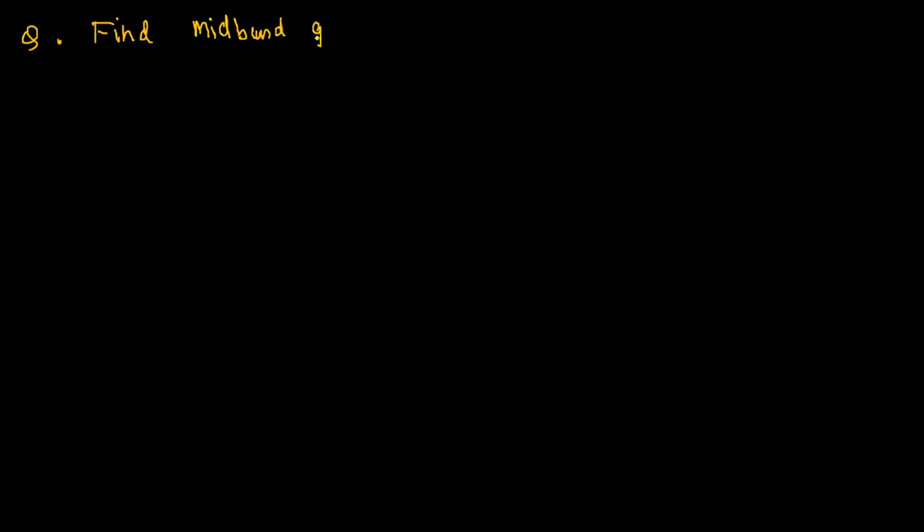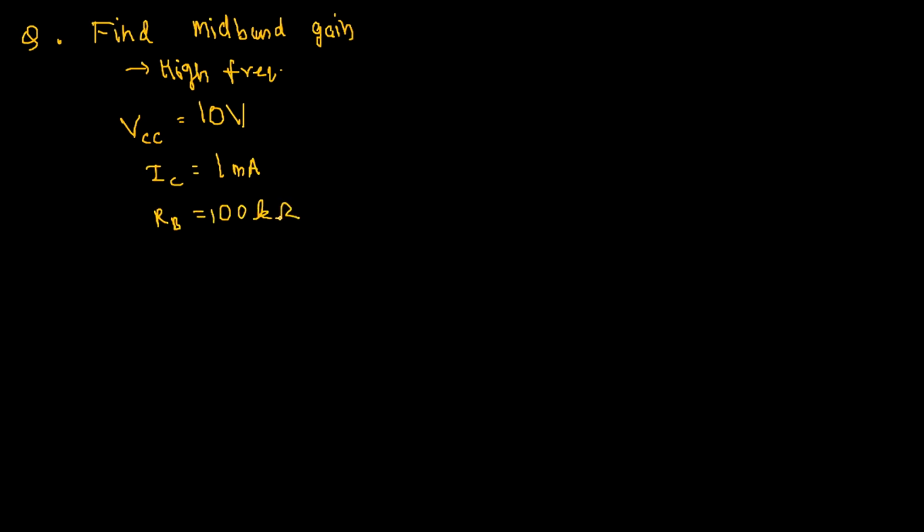It's given that it's high frequency, and we are given VCC is equal to 10 volt, IC is equal to 1 milliampere, RB is equal to 100 kilo ohms, RC is equal to 8 kilo ohms, R signal is equal to 5 kilo ohms, beta naught is equal to 100,